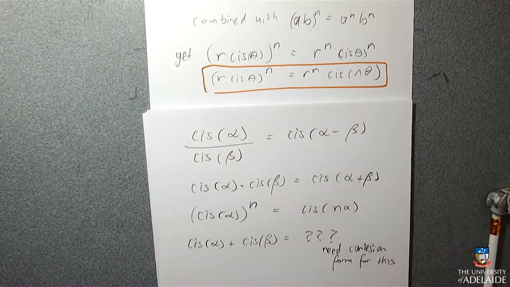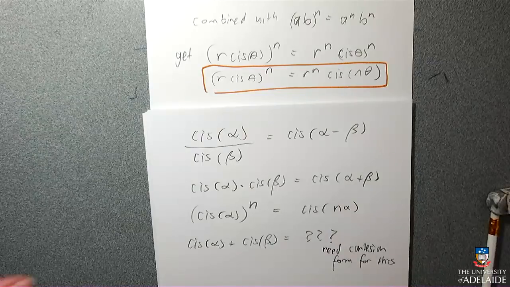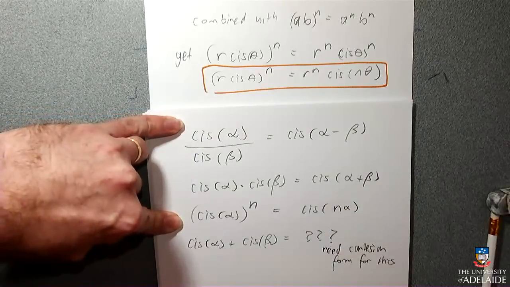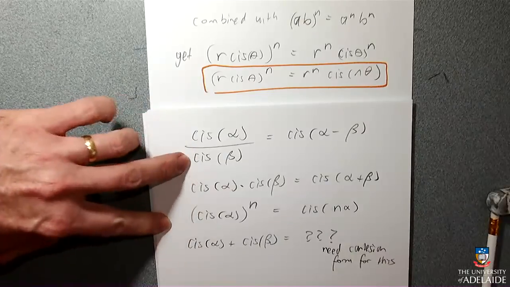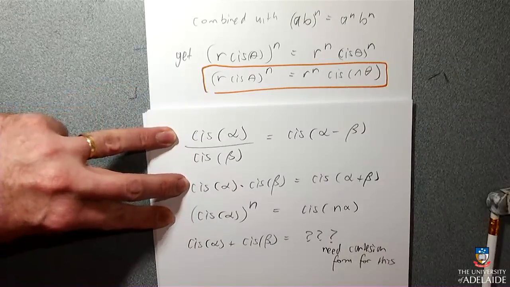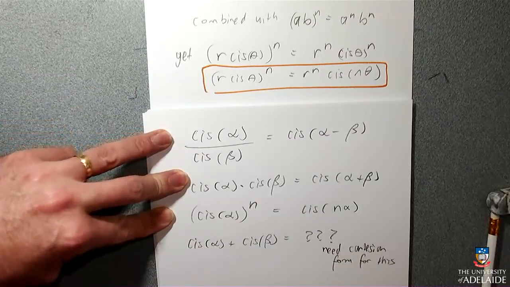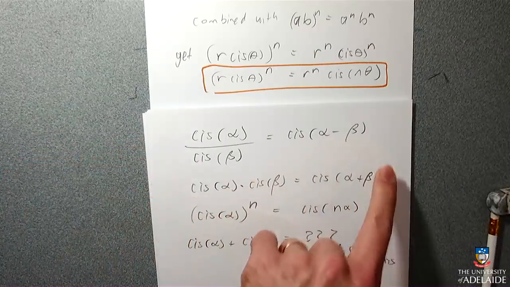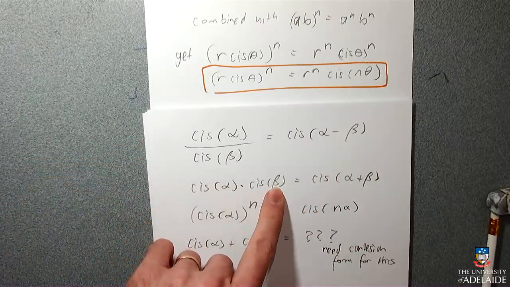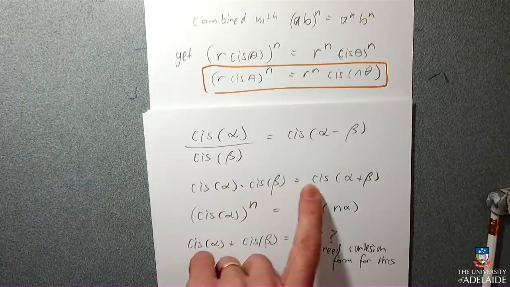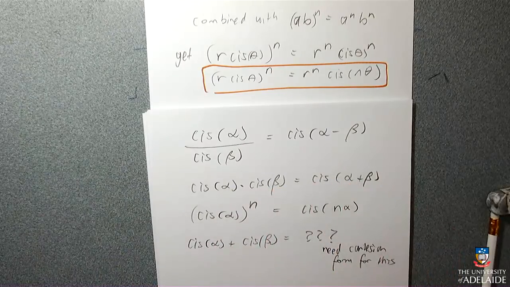So when I think of de Moivre's theorem, it's in my head along with all these three bits of information here. And these are exactly the rules for how powers work. If you have e to the x divided by e to the y, it's the same as e to the x minus y. If you have e to the alpha times e to the beta, it'll be the same as e to the alpha plus beta. So these are the same rules for powers, which is why cis, and that's a useful way of thinking about it. Cis has the same rules for how powers interact with times and divide and other powers.